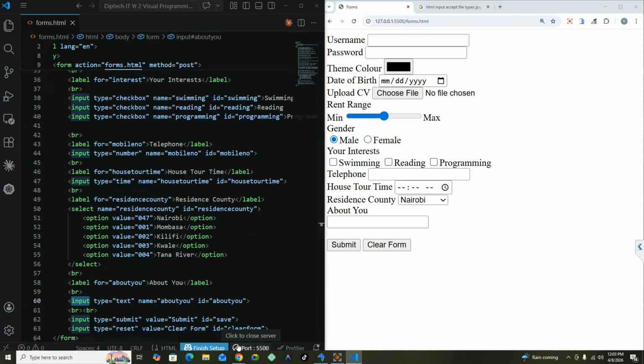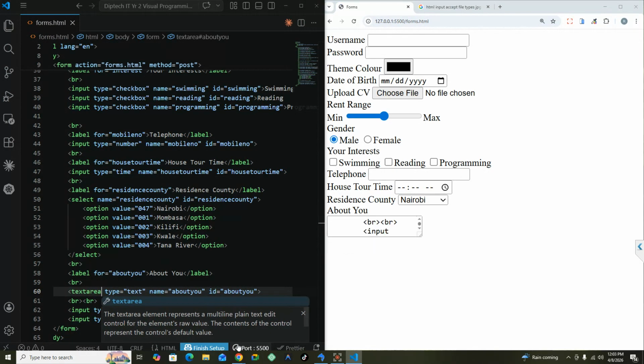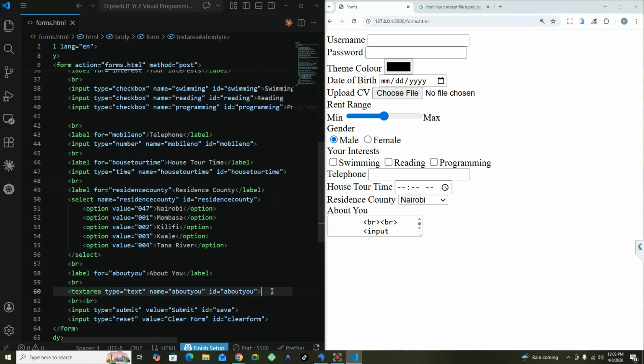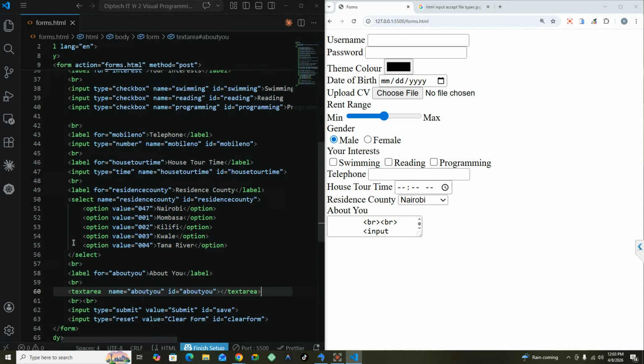So what we do, instead of input, we simply use what we call text area. Now text area doesn't have a type. A text area is just a text area like that, and then you close the text area. Just like when it comes to select, we had a close select. When it comes to text area, we have close text area. For the other inputs, you can see they are blank. There's no corresponding close input. So that's the difference between these components. So when I say text area, like that,